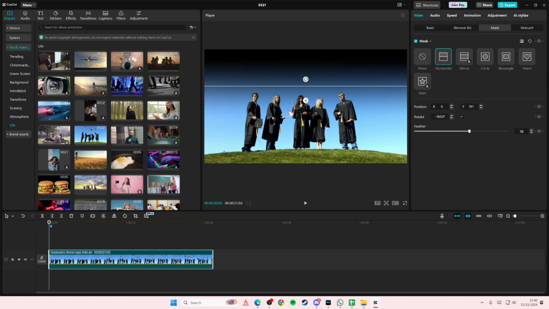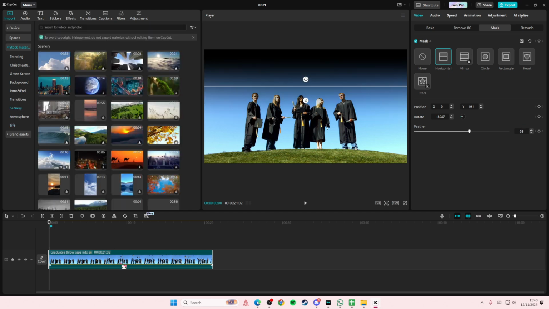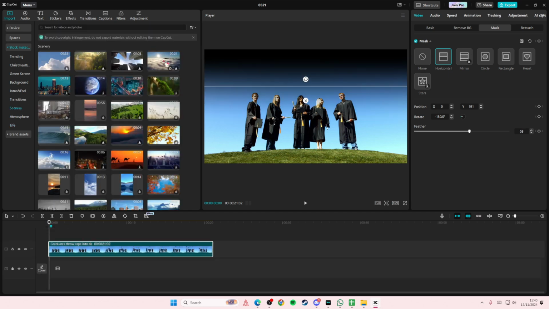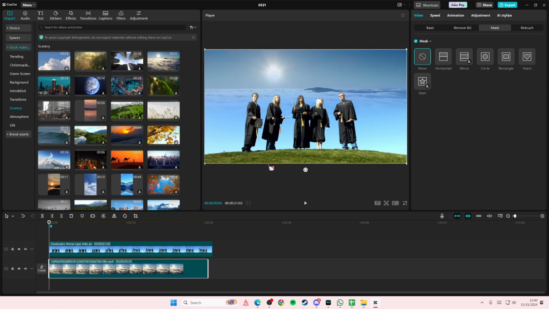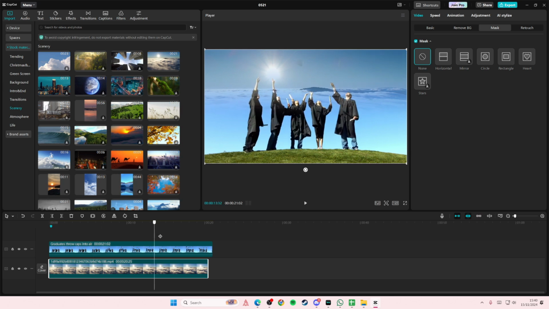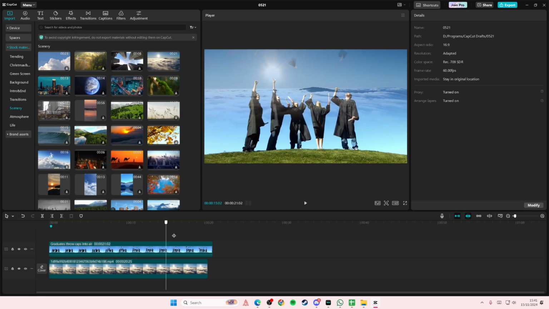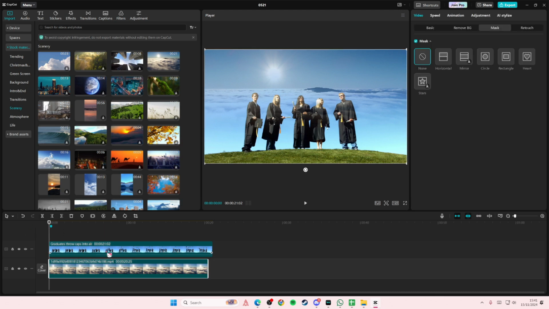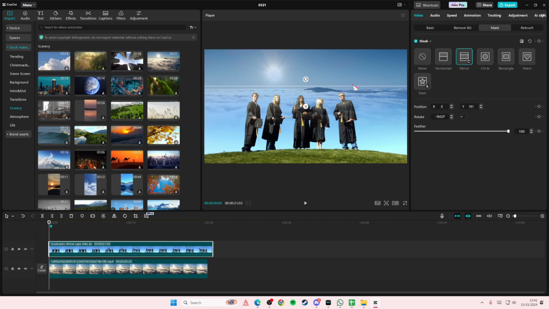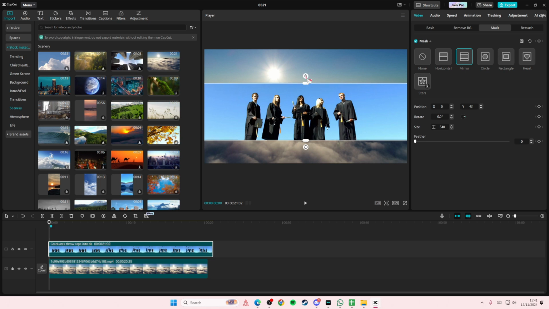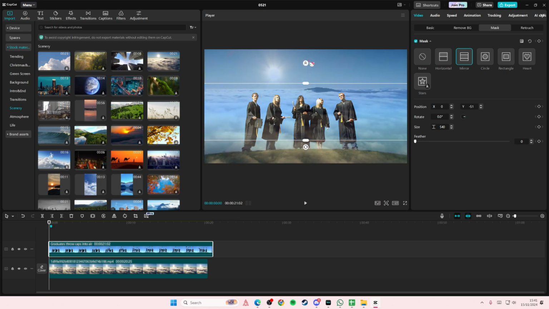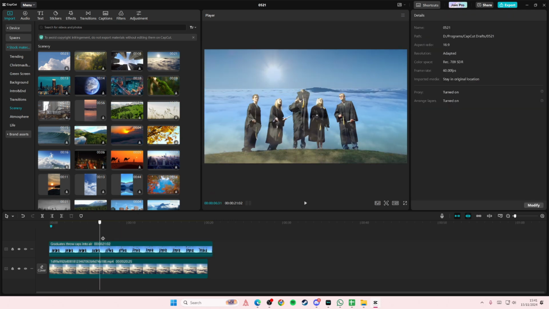Here's me just feathering it out to blend it a little bit better, like so. There are a lot of options that you can choose from. As you can see, it blended out pretty nicely here. I just feathered it out a little bit more. Then you can also use the other mask here, the mirror mask, which again you can use to blend out